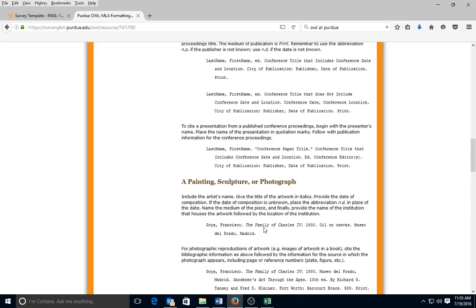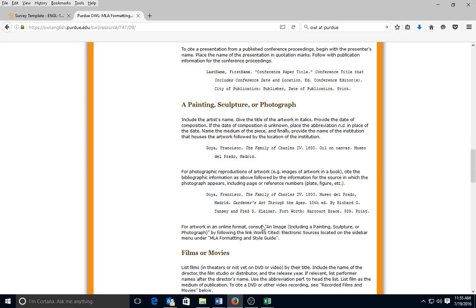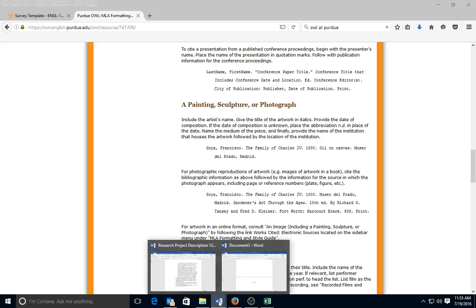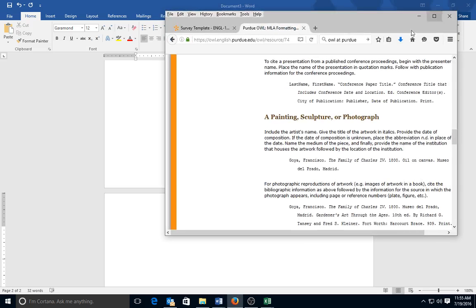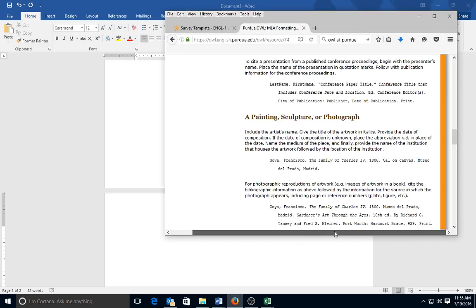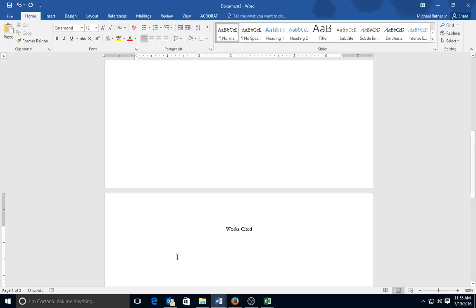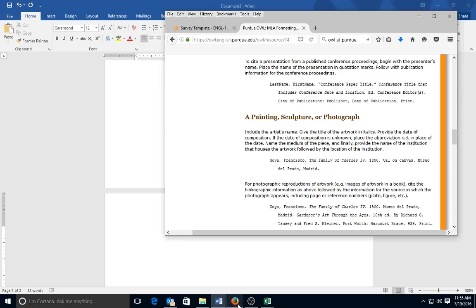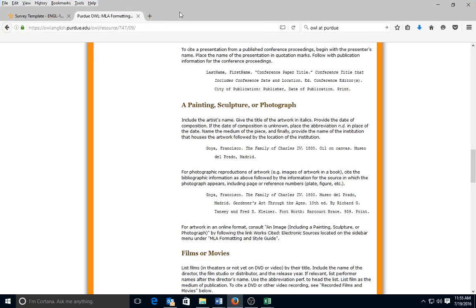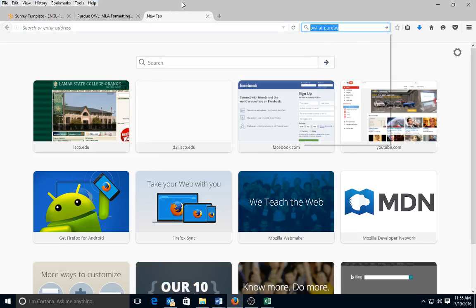So the closest thing we have here is something like a painting or sculpture, and we would have to take this and adapt it. So we would say something like, let me make this smaller because it also has a photograph. You know what we can also do is just do a general search.